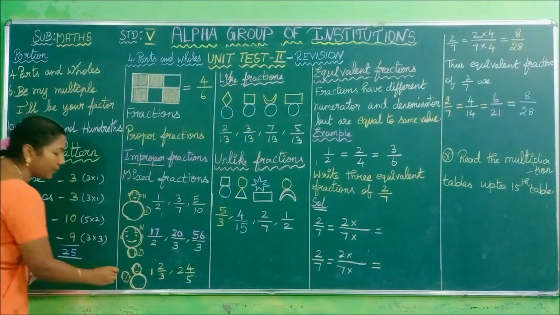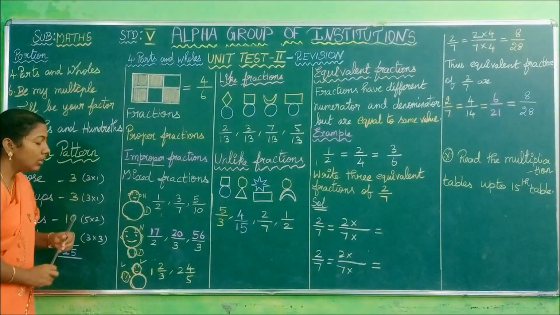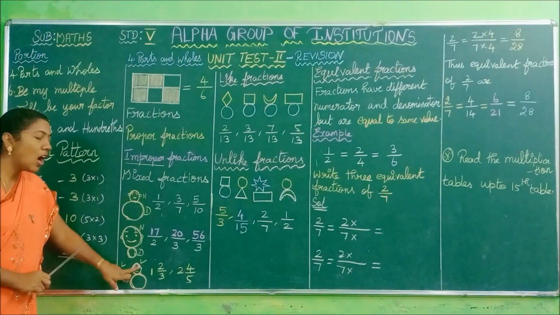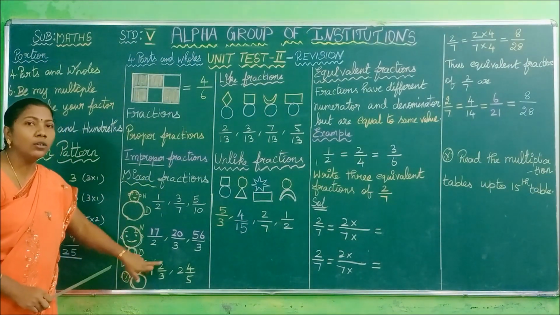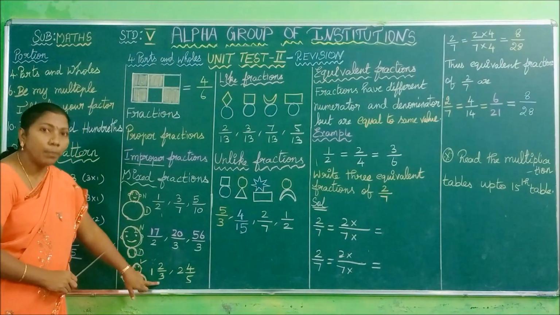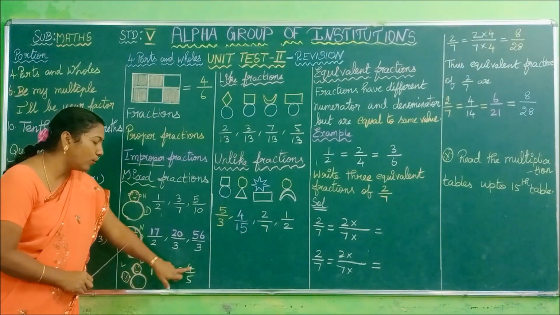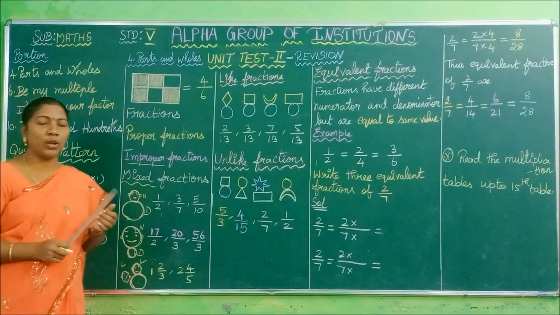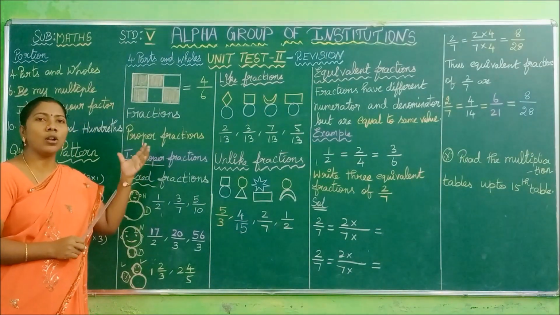Next we are going to see mixed fractions. What is meant by a mixed fraction? A whole number along with, compulsorily, listen children, a proper fraction. It should be a proper fraction. It should not be an improper fraction. A whole number along with a proper fraction is said to be a mixed fraction. See the example, 1, 2 by 3. What is the whole part here? 1. What is the fraction part? 2 by 3. 2 by 3 is a proper fraction because the numerator is less than its denominator. See the next example, 2, 4 by 5. This is an example of a mixed fraction. I hope you have understood the concept of fractions as well as proper fractions, improper fractions and mixed fractions. Keep all these things in your mind.